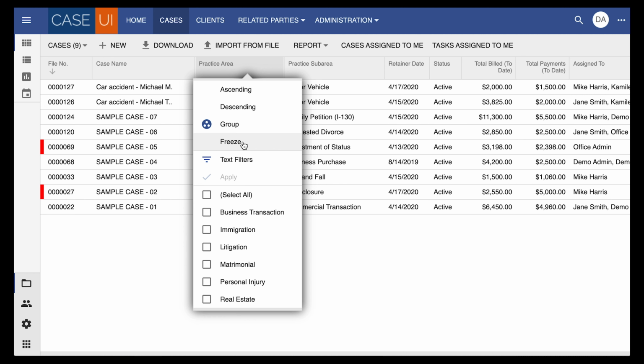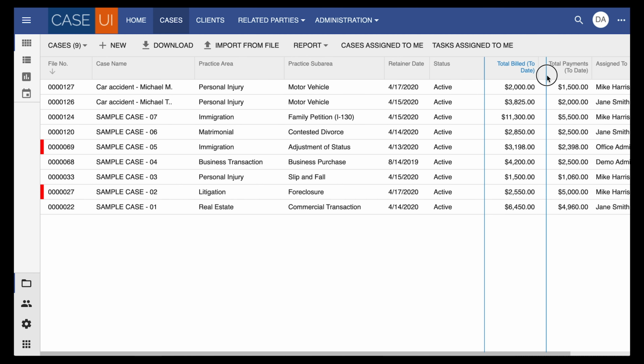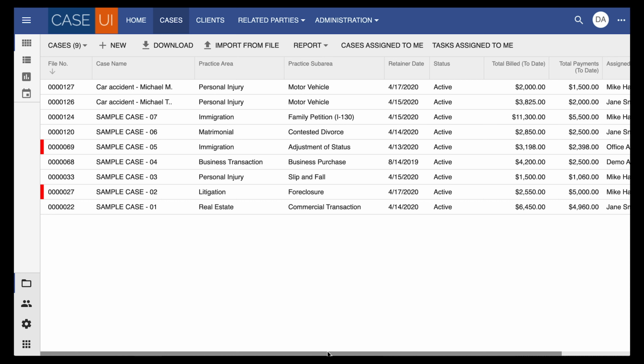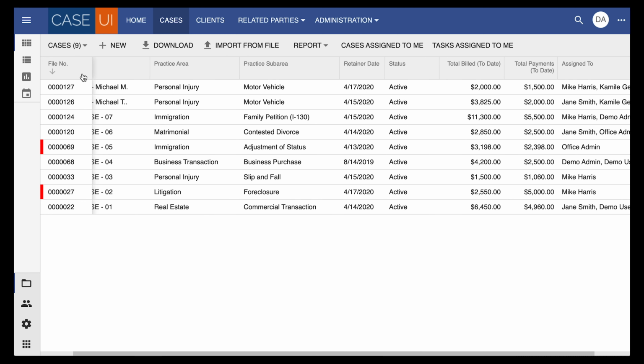Another function is freezing. Freeze is basically keeping the column from scrolling. Here I have the screen fitting on my display, so there is no scrolling necessary. But if the screen is a bit smaller and the columns expand beyond the screen, so you'll need to scroll, you notice that the first column froze by default.